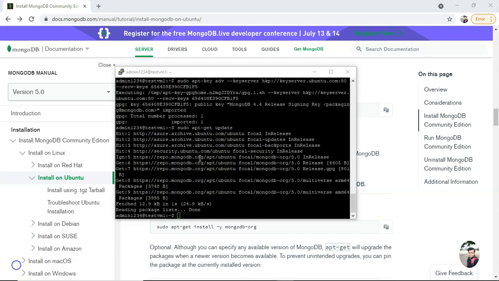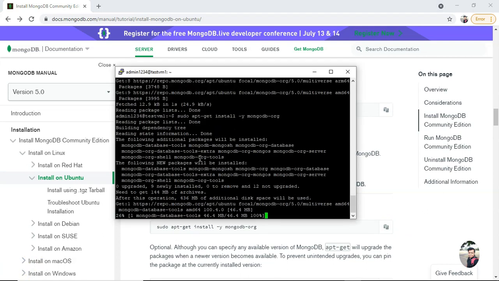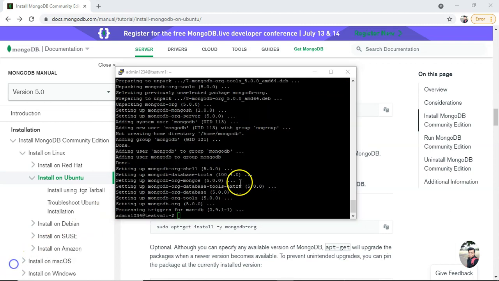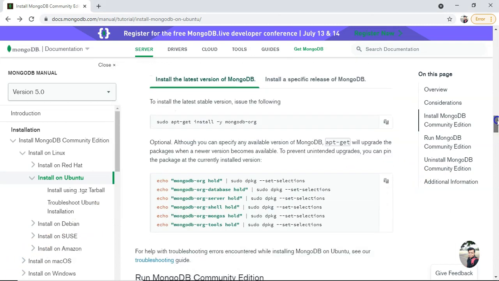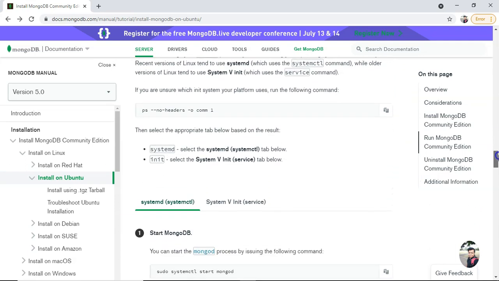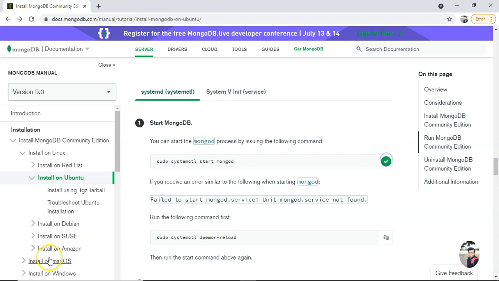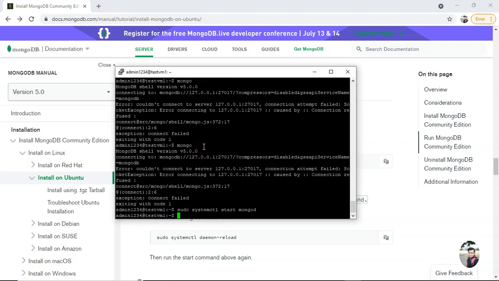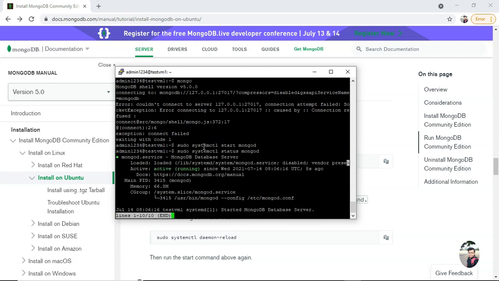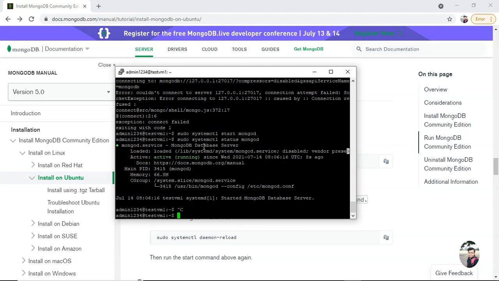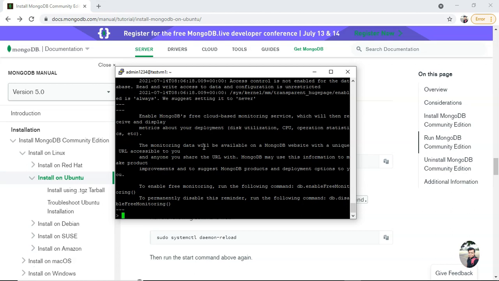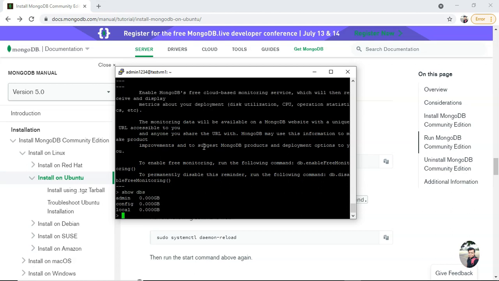Okay, enter, and you see it's being installed. Okay, so it is done. Next we have to start the MongoDB service. If you come down, you'll see it is here. So this is the one. The reason it was failing is that I didn't start it. So now we can see the status, and you see it is active. Okay, now we can see. Yeah, now we are inside it. Now we can see the DBs, and we can do use maybe